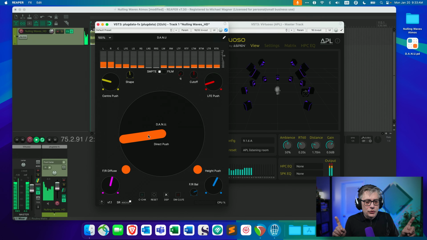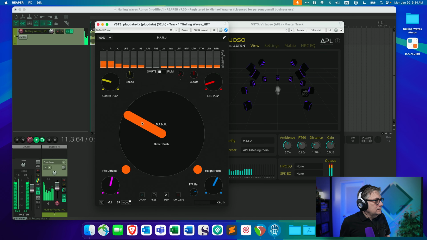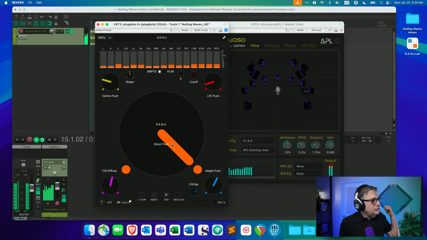What you're going to hear is, if I have the direct push very low, most of the information is going to be in the left and right channels, which means in the front. As I increase the direct push, it sends that to the back. If I change to the side, you now hear the audio on the side. And if I change the push, the signal is sent to the back.